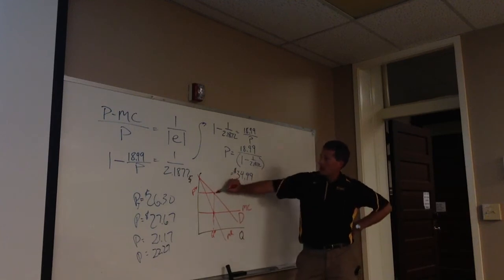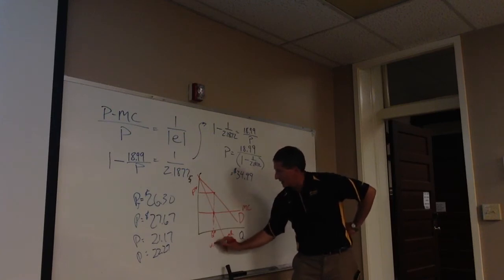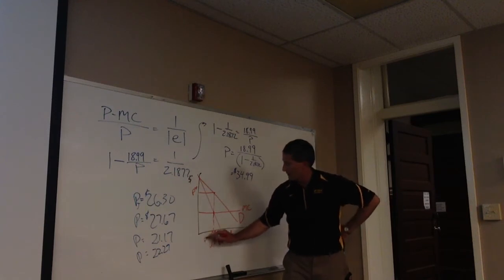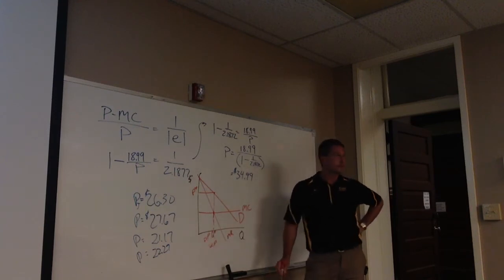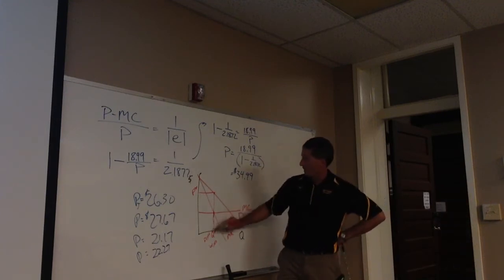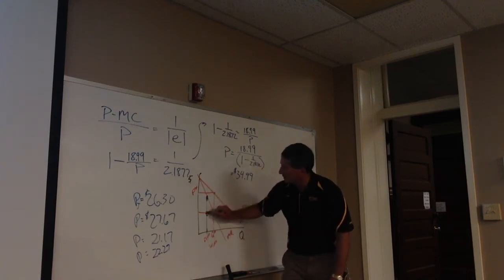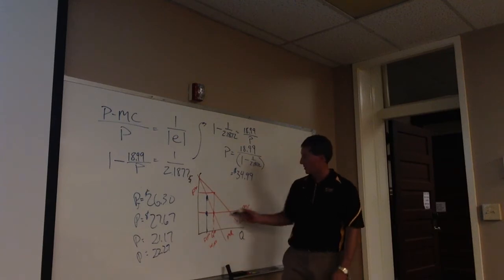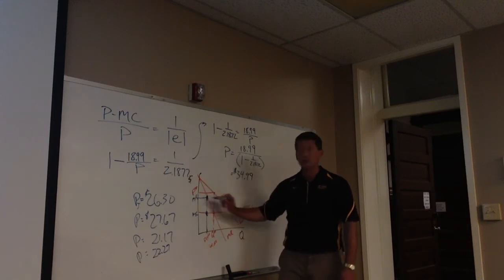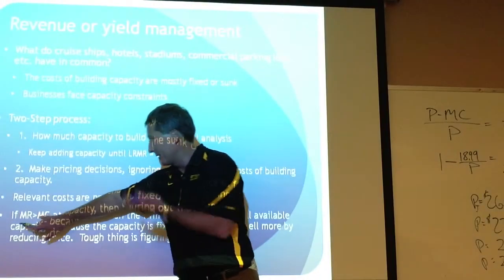Now, if we open up the stadium and instead of filling all 60,000 seats, which we thought we were going to do, we're only at 50,000 seats, then we're not at the optimal situation. The marginal revenue at something lower is higher than the marginal cost. So the marginal cost is here at this 50,000 seat, and the marginal revenue is here. So if marginal revenue is greater than marginal cost at capacity,